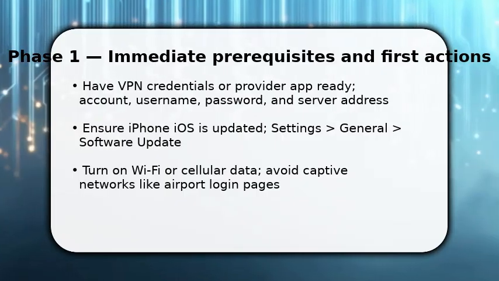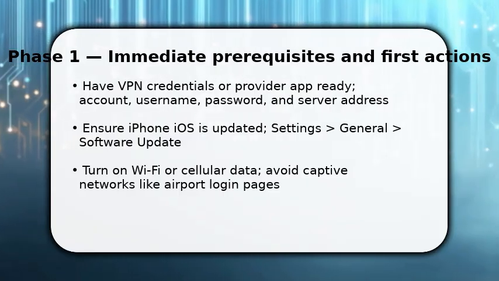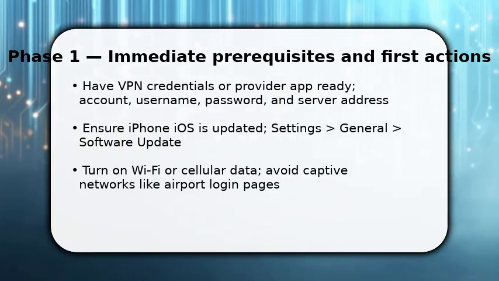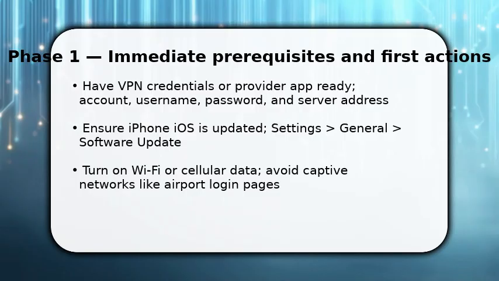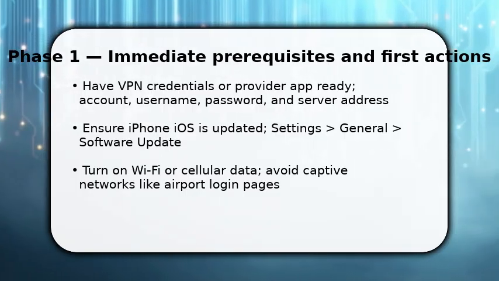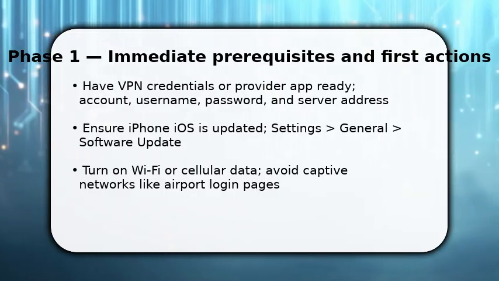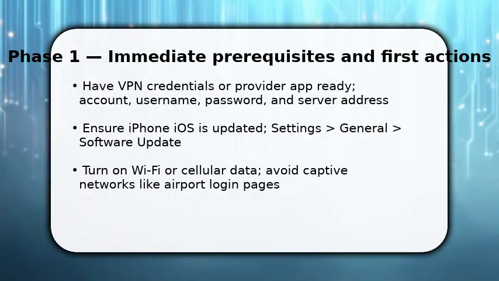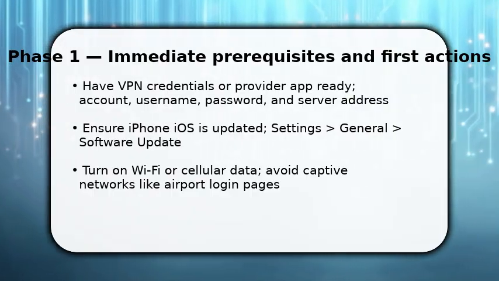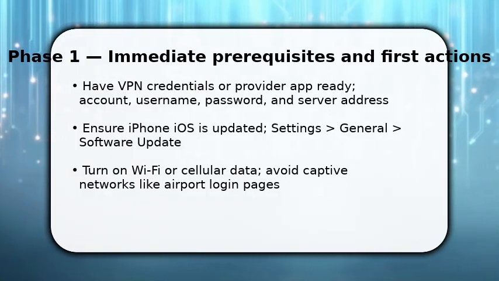You begin by confirming prerequisites: your VPN account, provider app or server details, and a working internet connection. Open the App Store if you'll use a provider app, or jump to settings for manual setup. Once done, sign in to the VPN app or copy the server address and credentials into a secure note so you can paste them. Make sure notifications and background app refresh are enabled for the VPN app, because persistent connectivity